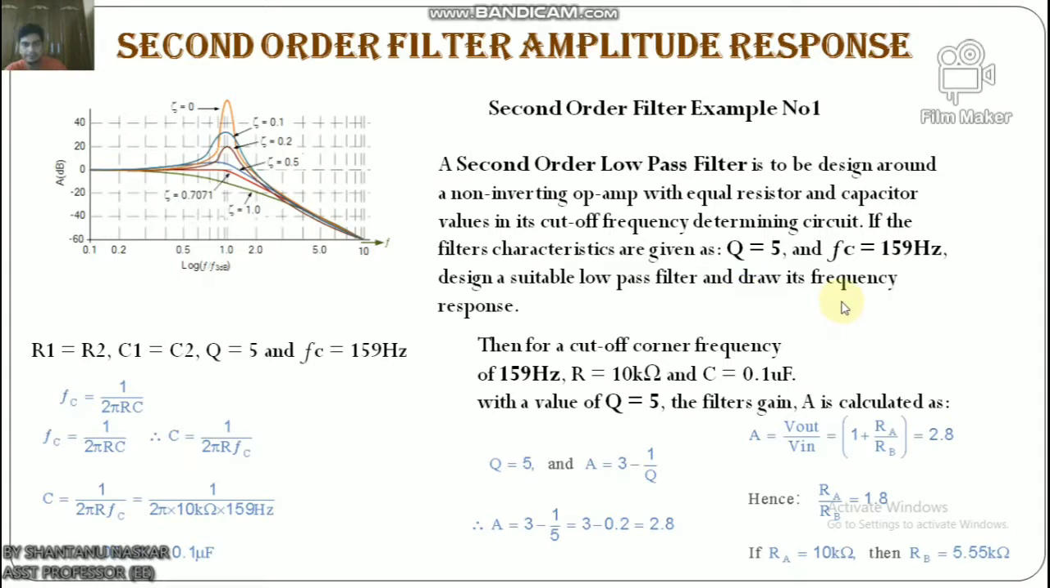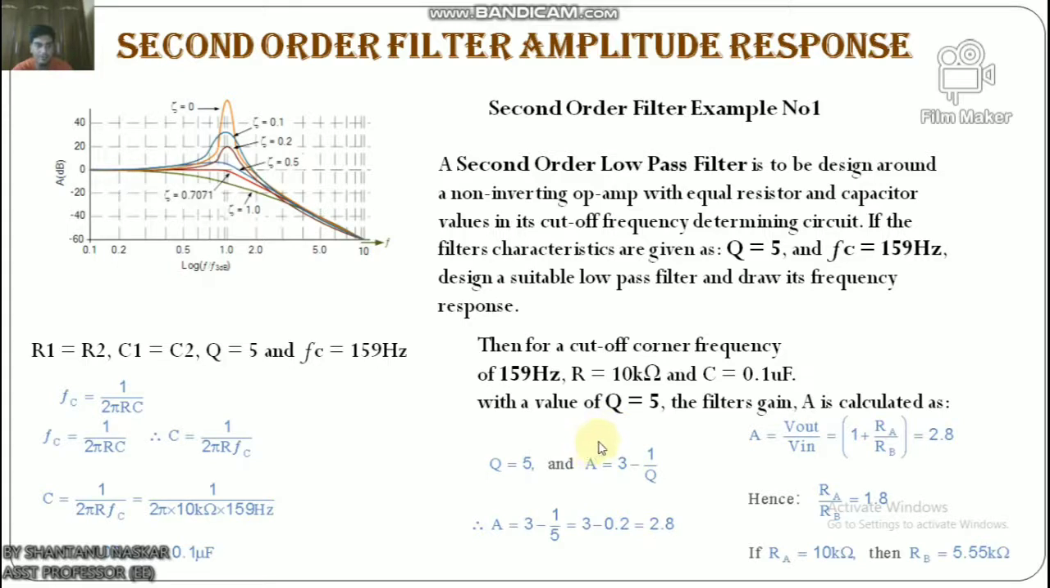Characteristics given: R1 equals R2, C1 equals C2, Q equals 5 and Fc equals 159 Hz. From the circuit we know that for equal resistance and capacitance, the cutoff frequency point Fc is given as Fc equals 1 by 2 pi RC. Choosing a suitable value, say 10 kilo ohm for the resistor, the resulting capacitor value is